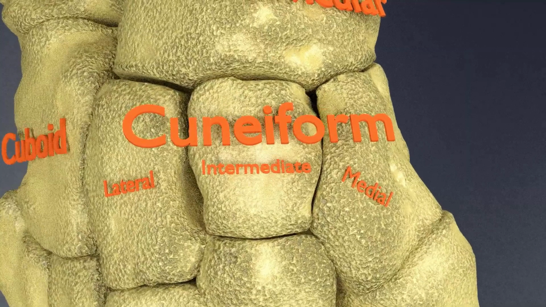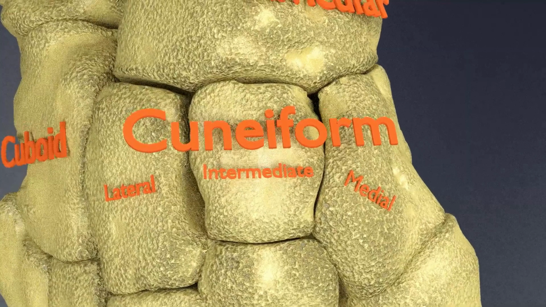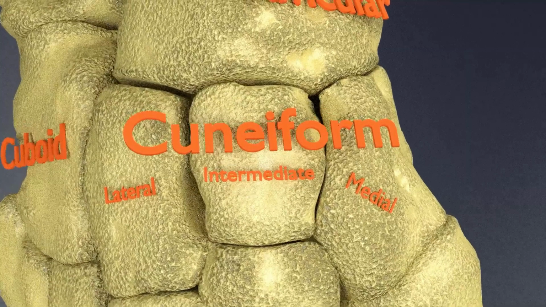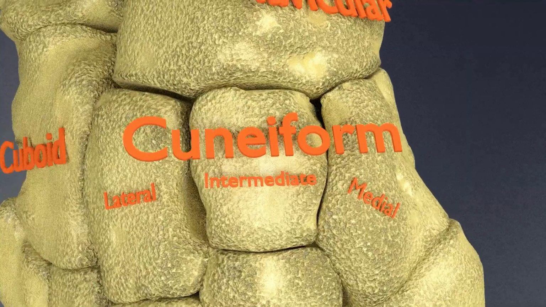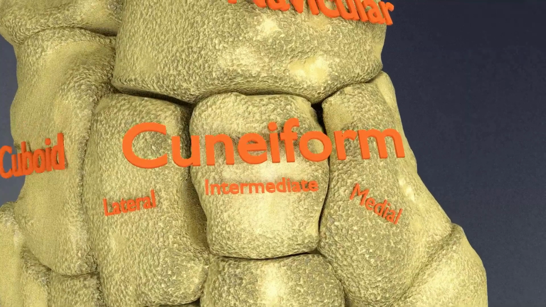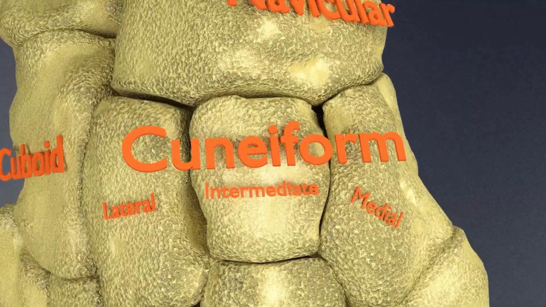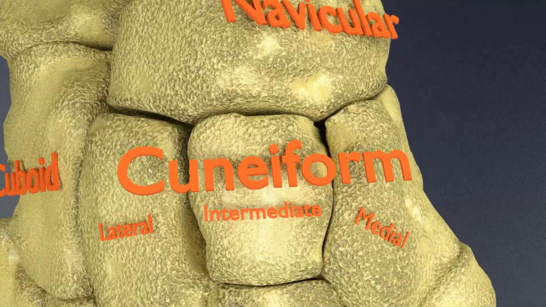Isolated medial cuneiform fracture is the most common fracture of cuneiforms, which is caused by direct blow to the midfoot or rotational force applied to the midfoot. Next, you can see cuboid bone. Cuboid is the lateral bone of distal row of tarsus, situated in front of calcaneum and proximal to the 4th